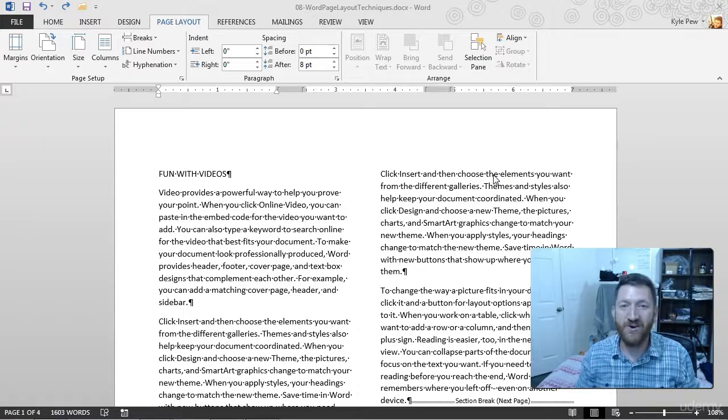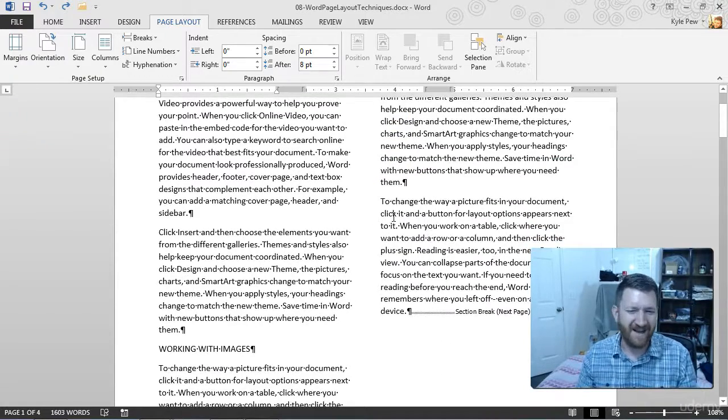It's a kind of lesser known feature. Not a lot of people are aware of it. But once you start to master it, you can create some very dynamic, very versatile document layouts within your Word environment. Take a look. First thing I'm going to do here is undo some of the stuff